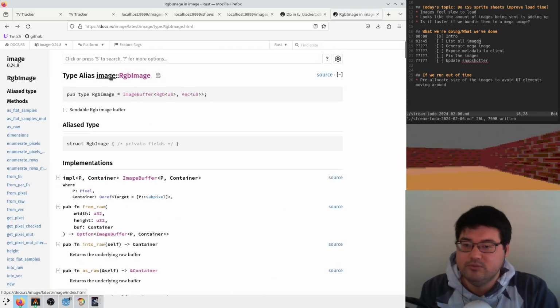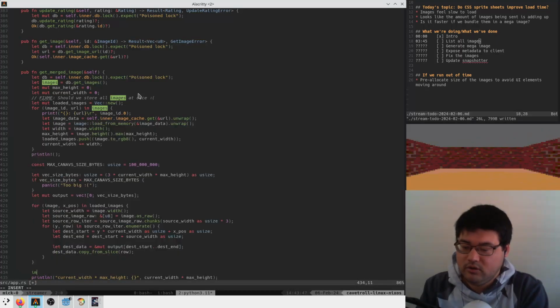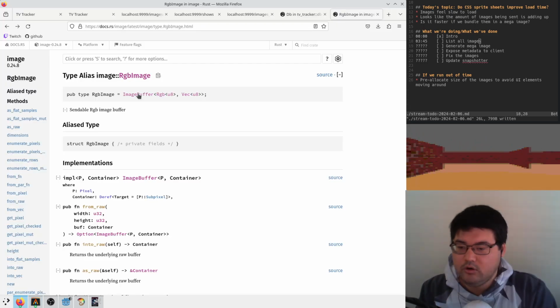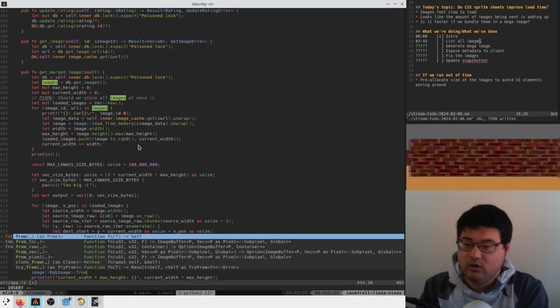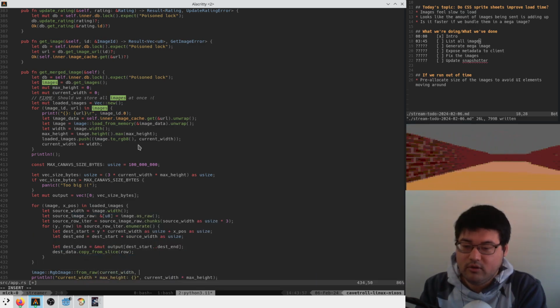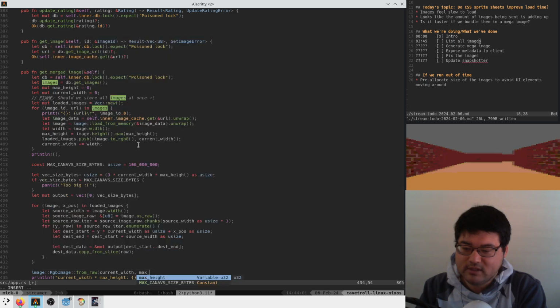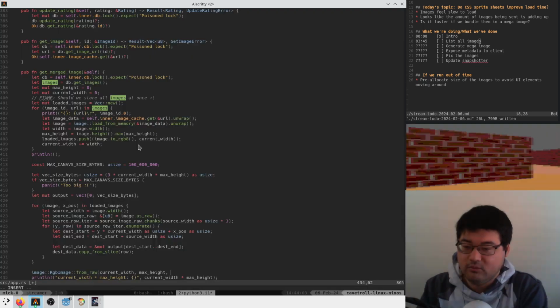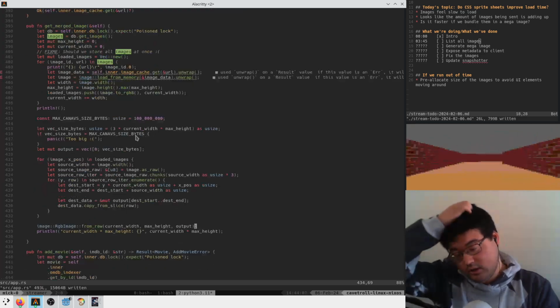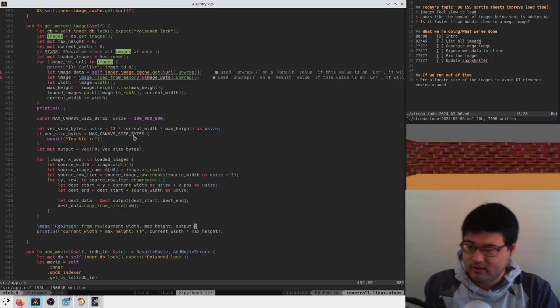RGB8 image. RGB image from raw, where the width is current width, the height is max height, and the buffer is the output. Okay? And we can try writing that